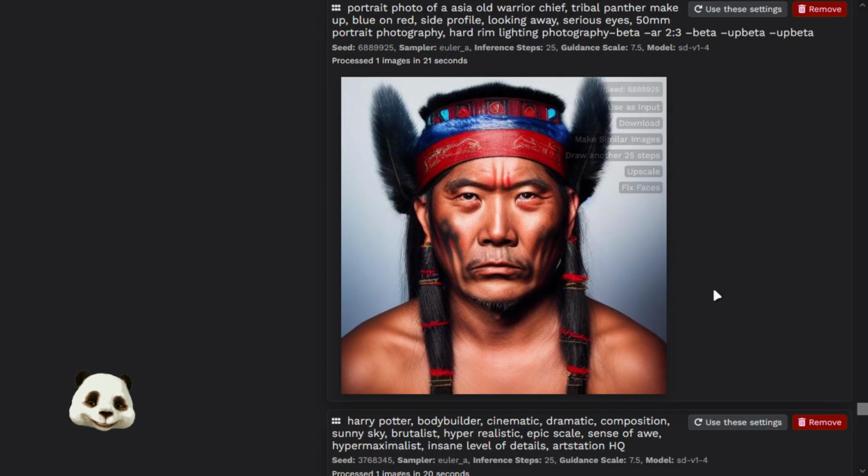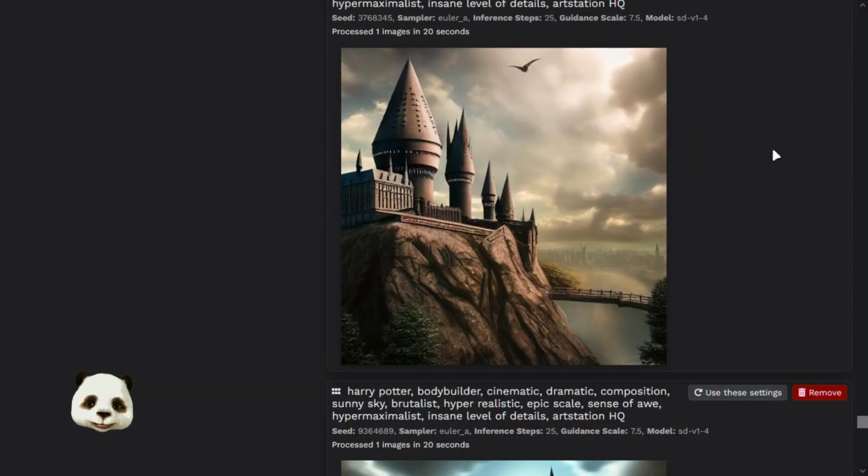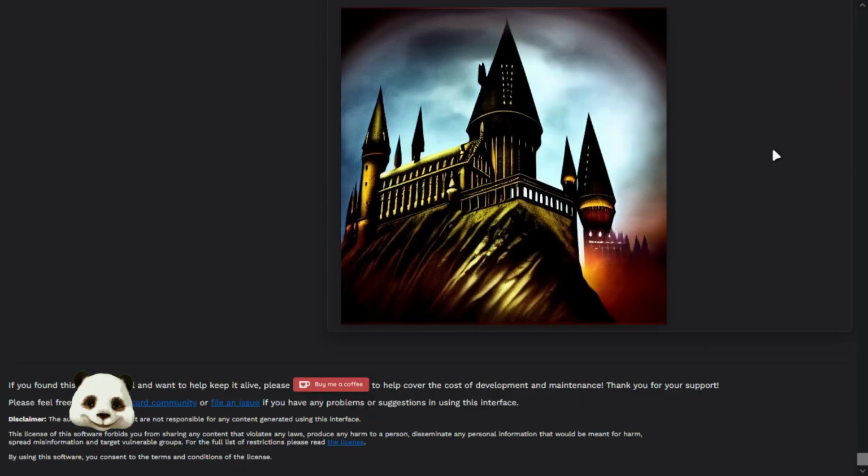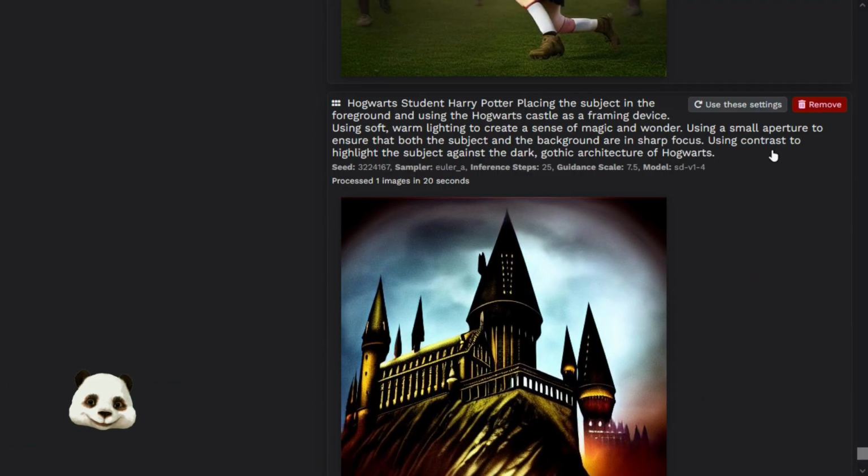Anyway, this one went quite decent, but I don't know what all of this means. So I've been using some keywords that are just out of nowhere. And again, Harry Potter stuff, just out of curiosity and so on. And I didn't get